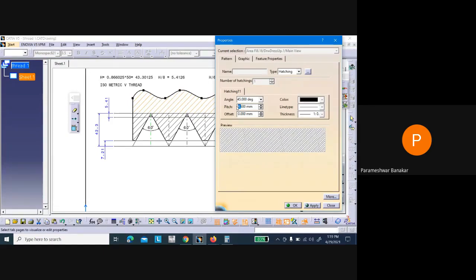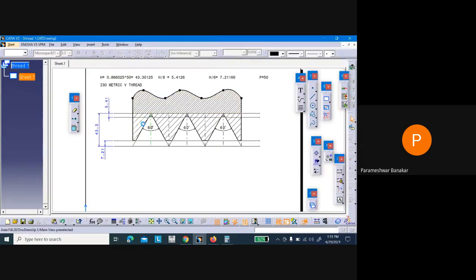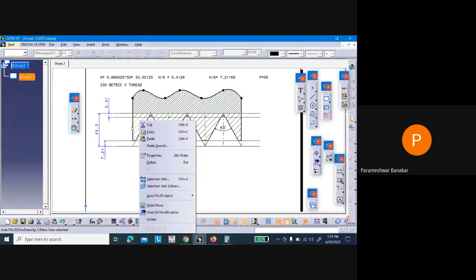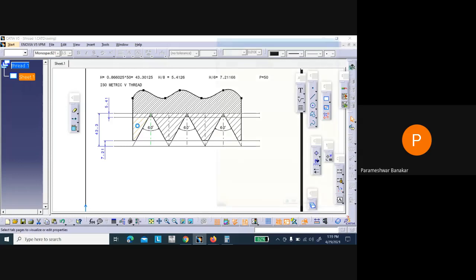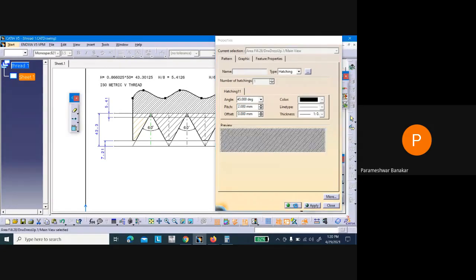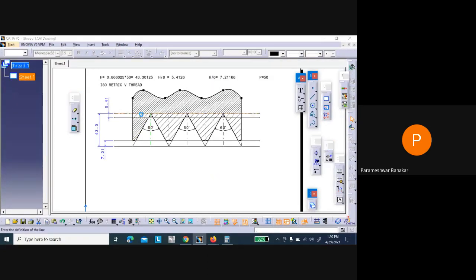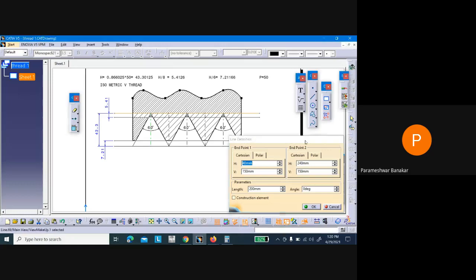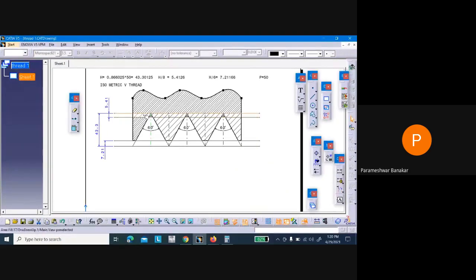I'll give pitch 2, apply. So it's coming. Just go here, change the pitch. So wherever the pitch is there, you just change it.